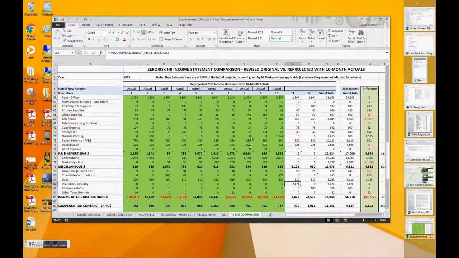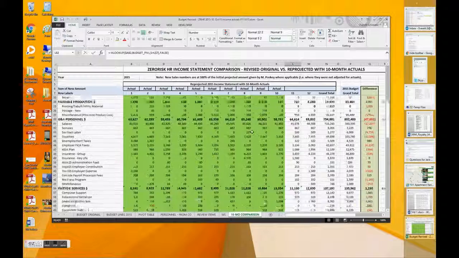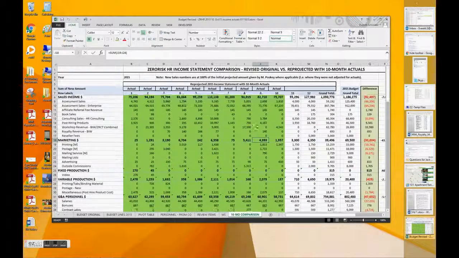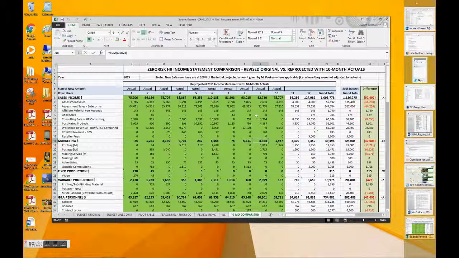And now in the 10-month comparison tab, you'll also note that these values immediately pull into this worksheet. And we'll go ahead and highlight this column green as well. You'll note here we have a slight issue in that insurance casualty